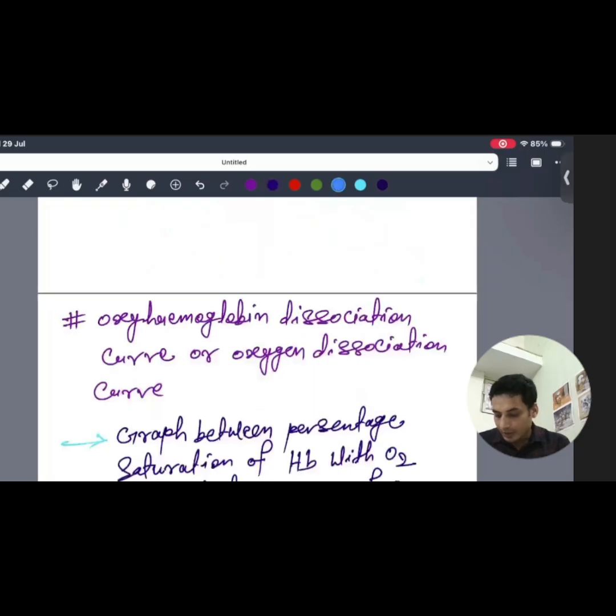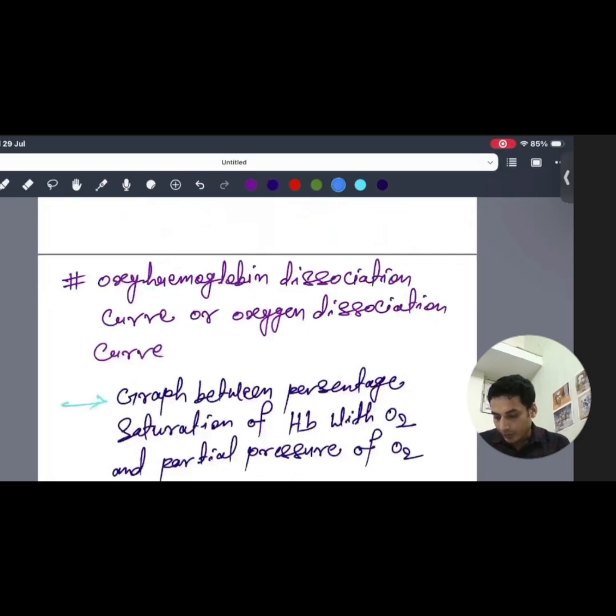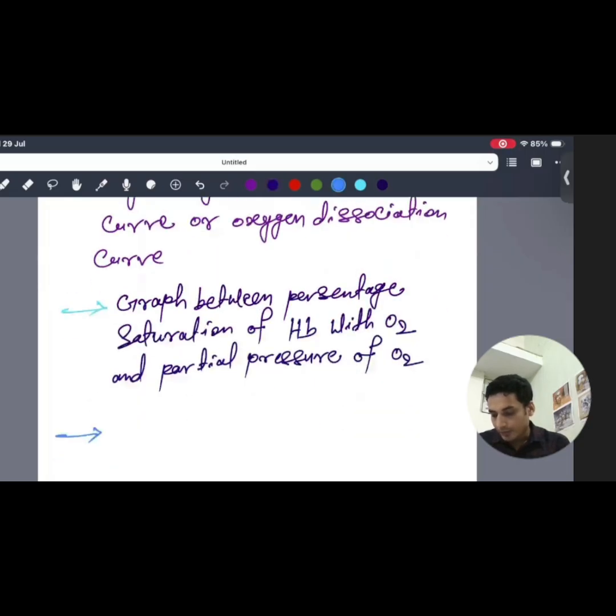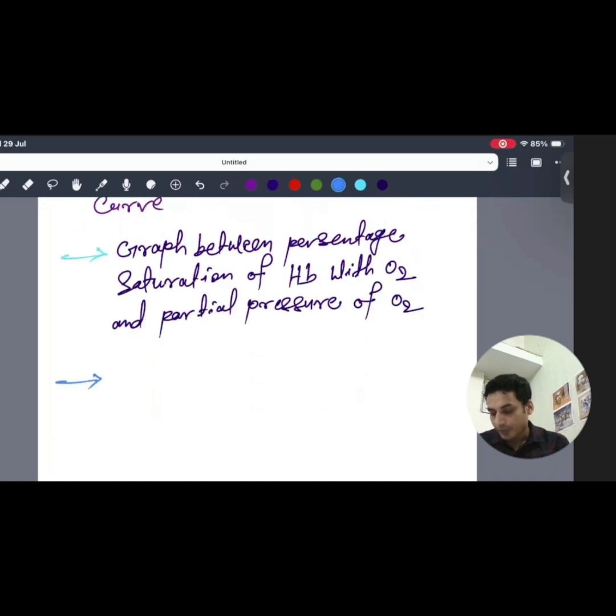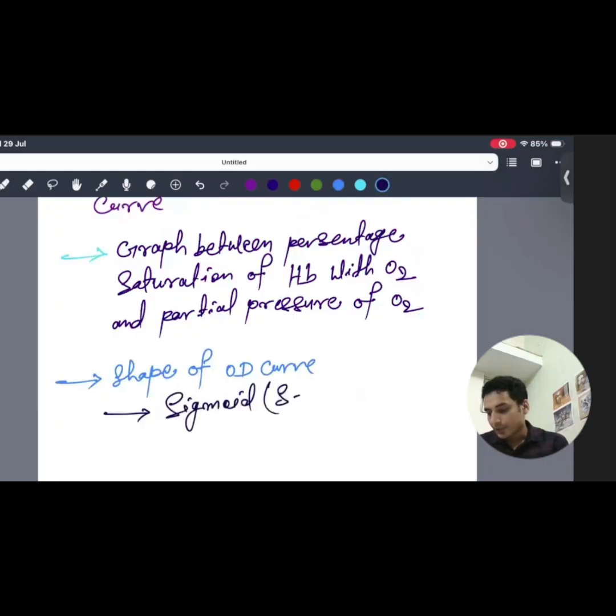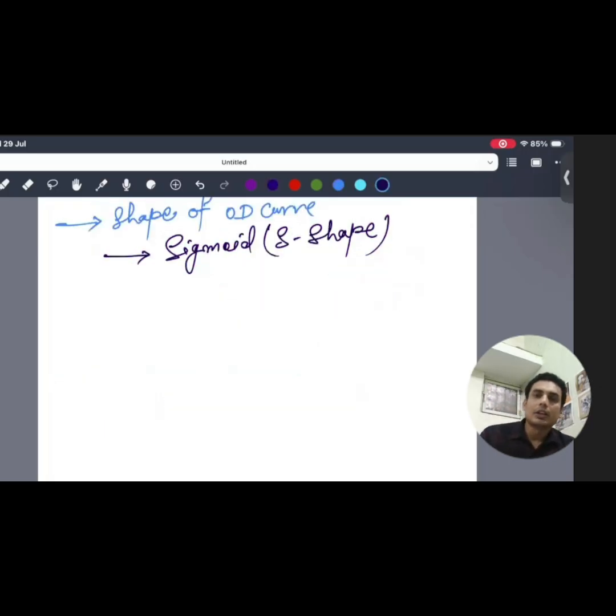Sigmoid means S shape. Now further we will discuss and draw the graph between the oxyhemoglobin formation and partial pressure of